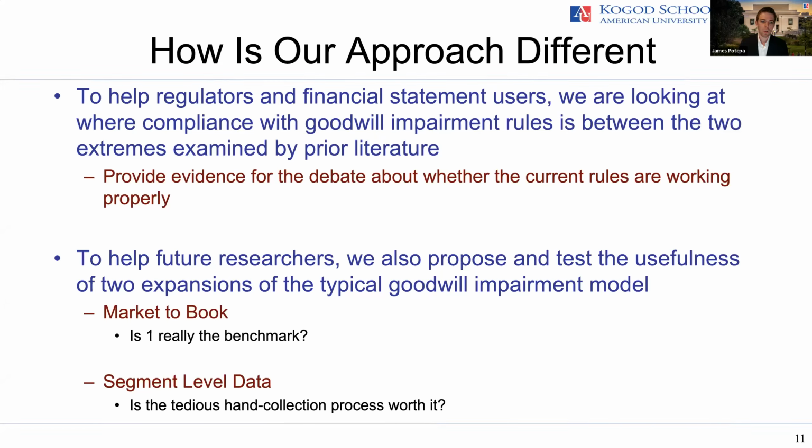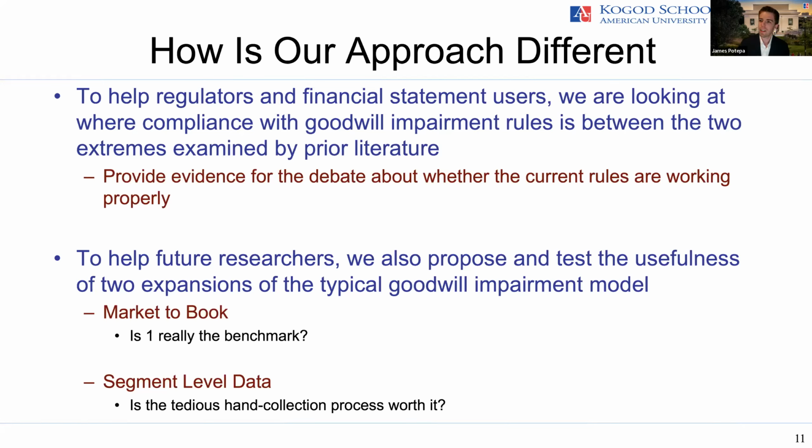There's a third thing that we do, which is basically highlighting the value of hand collection in general. I don't cover this much on the slides, but there is huge value to doing so. The most striking thing is that we would basically double the number of impairments we would have relative to transactions if we just assumed that whatever the Compustat value for goodwill impairments was represented what happened to a given transaction. It would go from about a quarter to 50%, which is a staggering difference. In this area of the literature, we really should be hand collecting to understand what's going on at the transaction level, because a lot of the time that's going to throw things off.